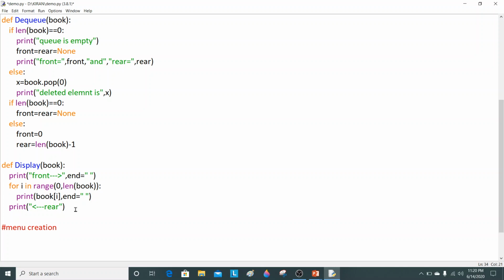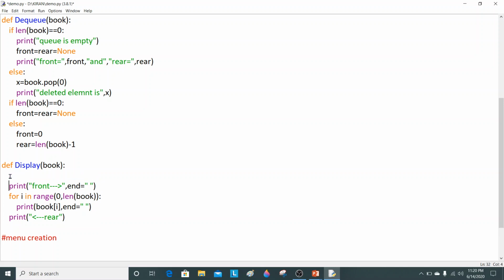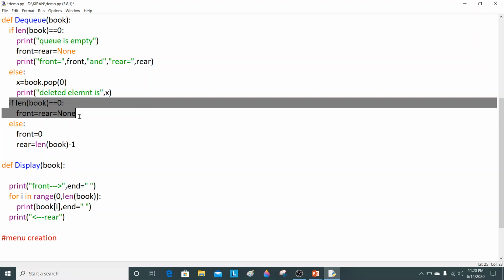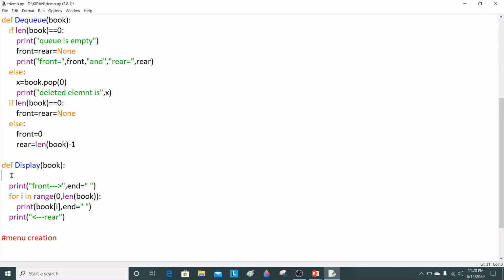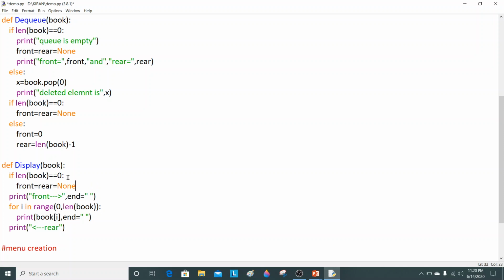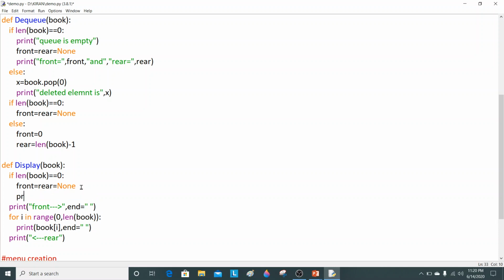Now again, when you are displaying the elements, you have to check the condition whether the queue is empty or not. Now if the queue is empty, again you will have the same code. I am copying just the code. So if it is empty, front and rear will be None, and you have to print the statement that it is an empty queue.